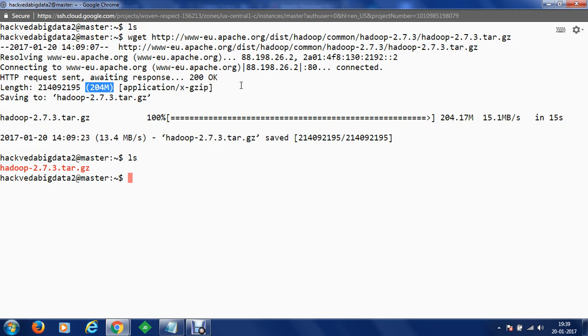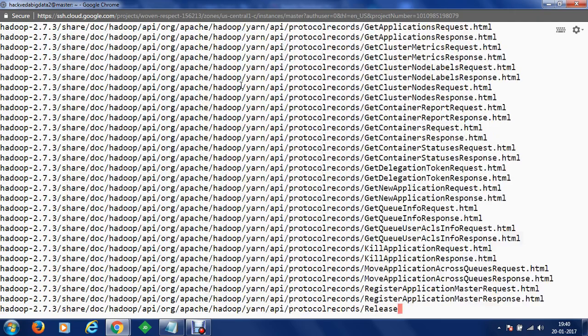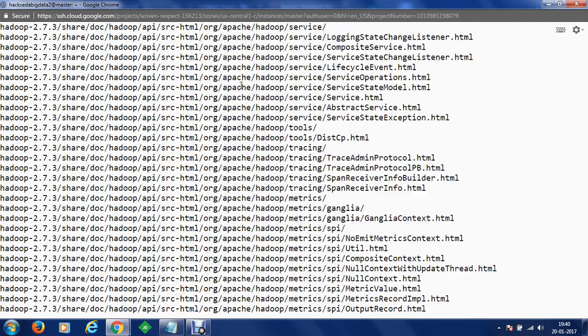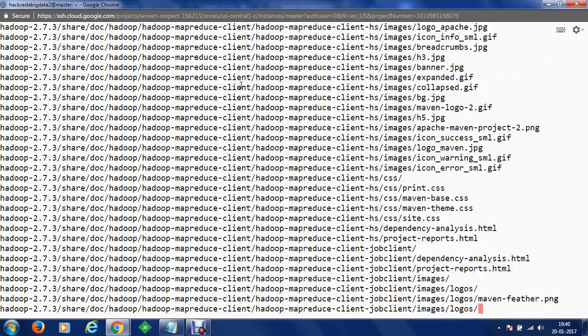First of all, we have to extract the archive in order to proceed next. To extract the archive, we are going to make use of command tar, and we are going to provide sudo so that we can do that with root privileges. So we are going to tar, we are going to extract verbose, archive file forcefully. Name of the archive file will be Hadoop 2.7.3.tar.gz. Let's press enter.